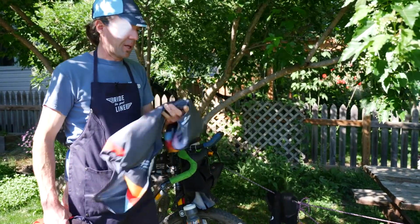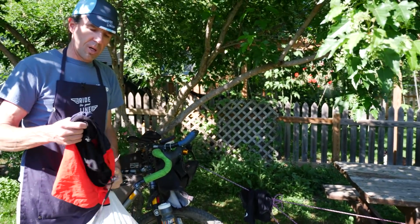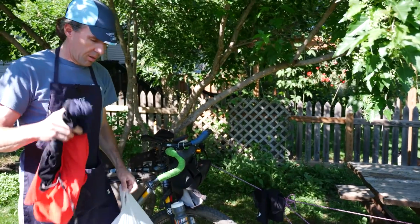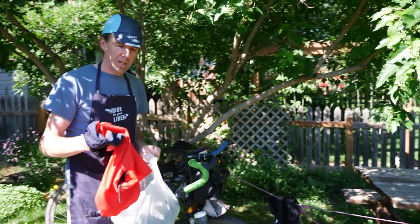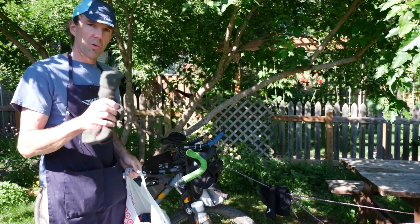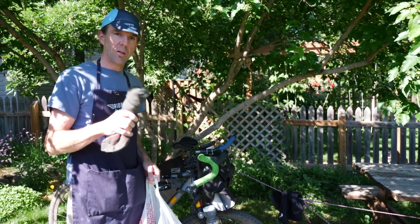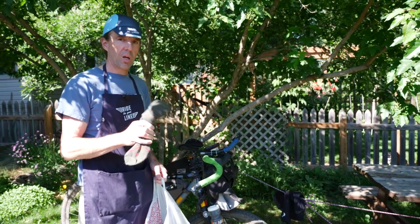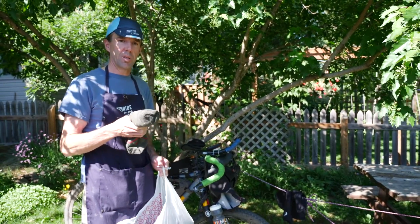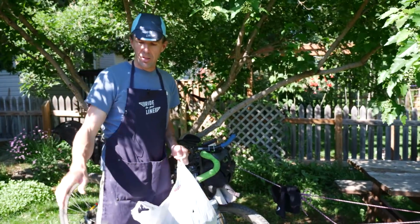Again, just a lightweight cycling jersey, a short sleeve is my basic kit. Running shorts for at night in bed or maybe knocking around town. I swear by a sleep pair of wool socks. Sock management is a little bit tough on a long trip, but have one pair that's always going to be dry that you can sleep in, because keeping your feet warm at night is one of the keys to being